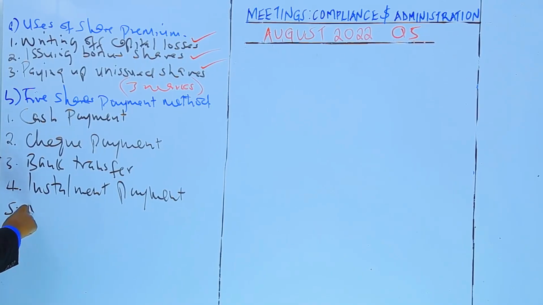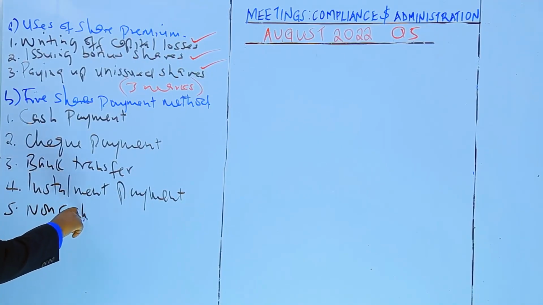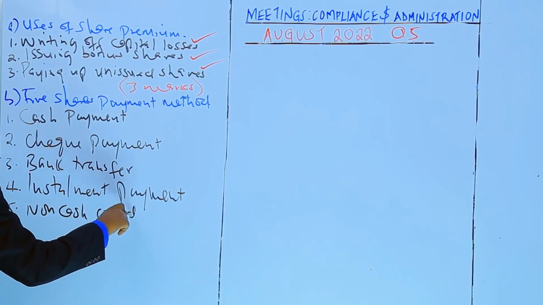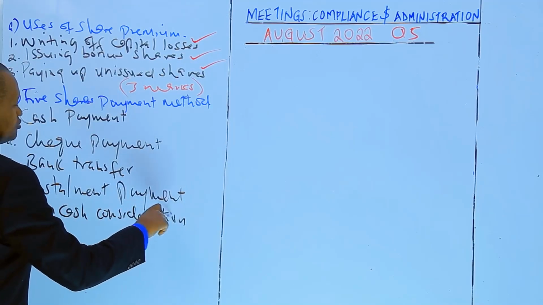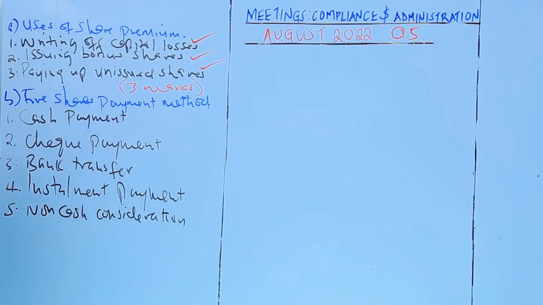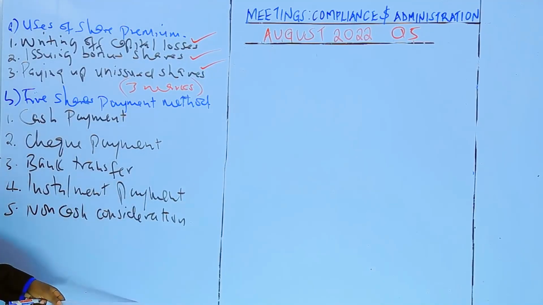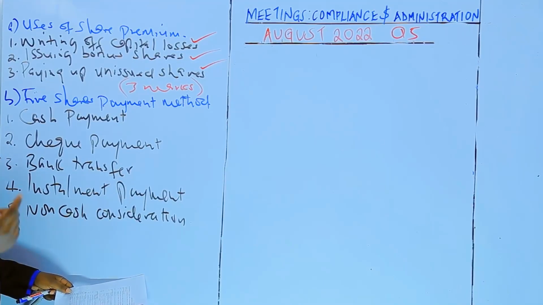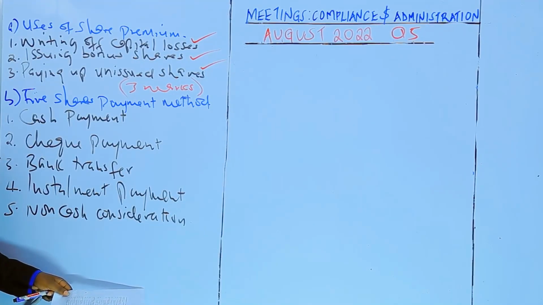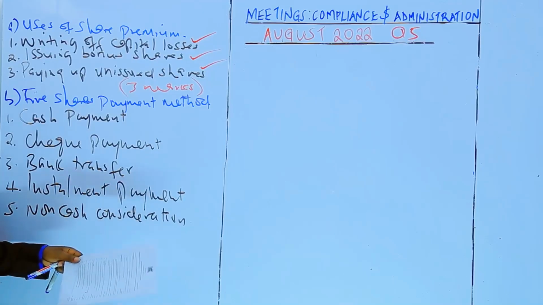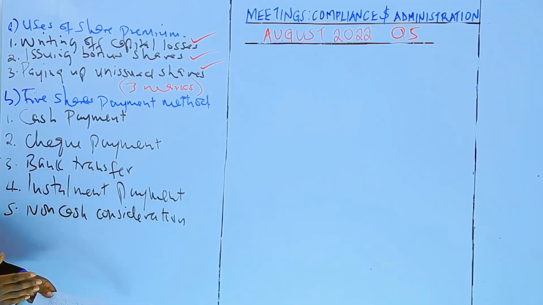Non-cash consideration. Instead of cash, shareholders may pay for their shares through non-cash considerations such as assets or property or even services. And such a method is commonly used in cases where the company allows payment through a combination of cash and non-cash consideration. So these are some of the methods that